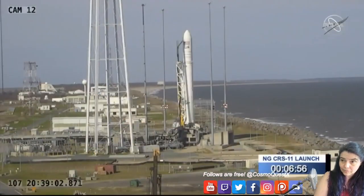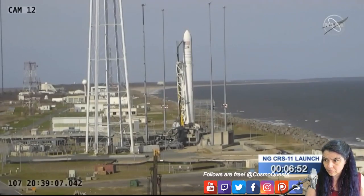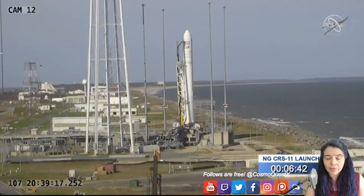And these are, again, just a few of the more than 3,400 pounds of science currently loaded on board Northrop Grumman's CRS-11 Cygnus vehicle, now under 7 minutes from launch. So to answer the question about the Stratolaunch aircraft that will be dropping Pegasus rockets...